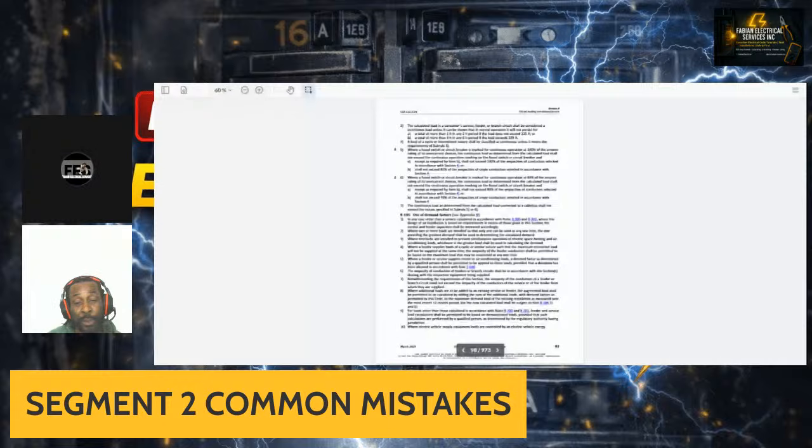When it comes to doing your installation, you might want to have a 20 amp receptacle instead of a 15 amp receptacle. So if you pull 14 2 wire, Romex, BX, whatever it may be, you have to make sure that you oversize your cable to make sure that you're going to have the proper